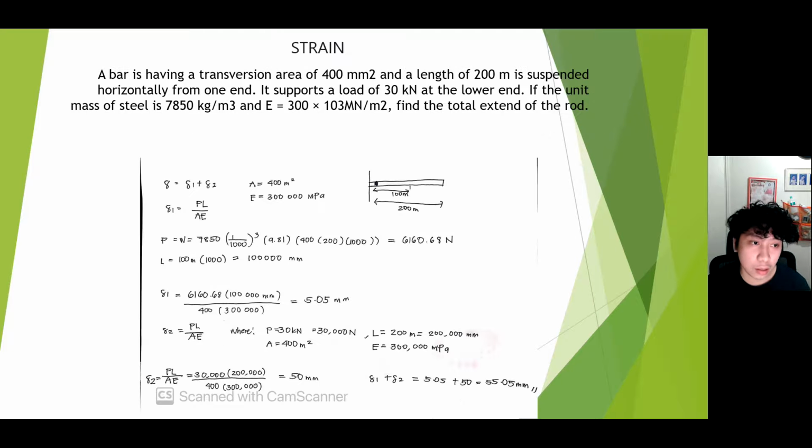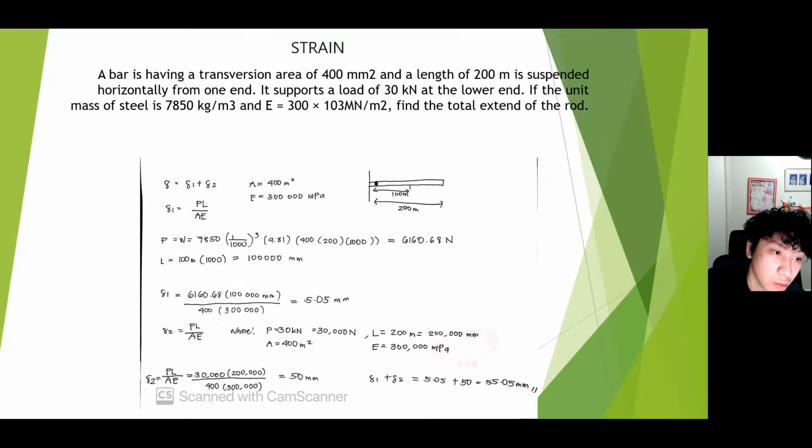Second is strain. So a bar is having a cross-sectional area of 400 mm squared and a length of 200 m. Suspended vertically from one end, and it supports a load of 30 kN at the lower end. If the unit mass of steel is 7,850 kg per m cubed and E is equal to 300 times 10 cubed MN over m squared, find the total